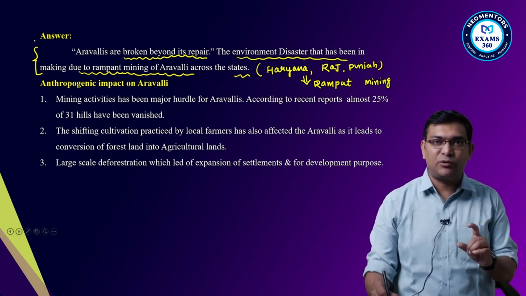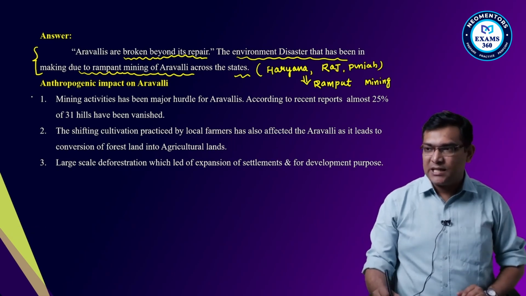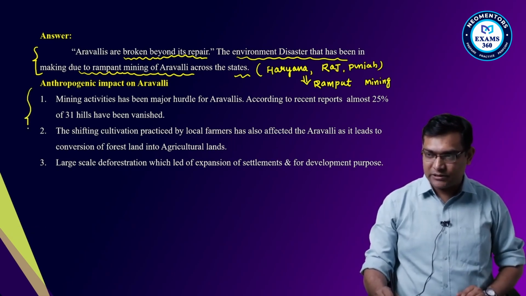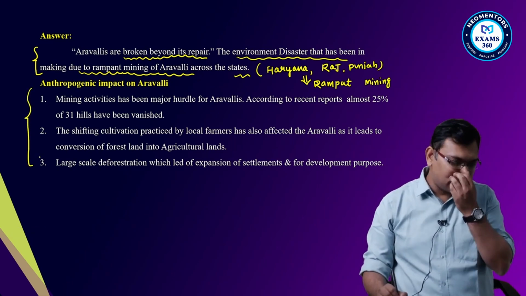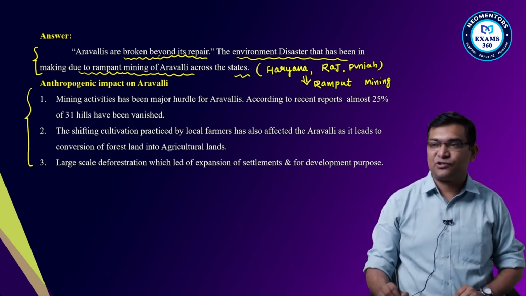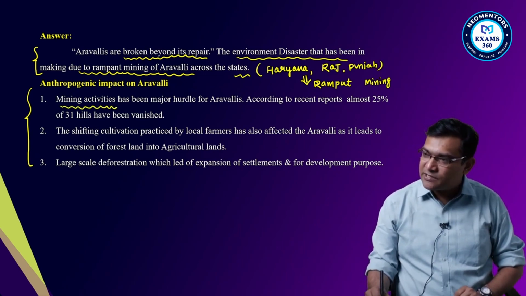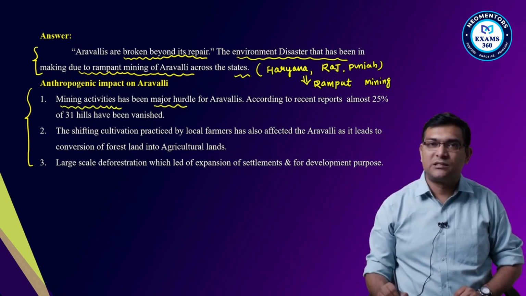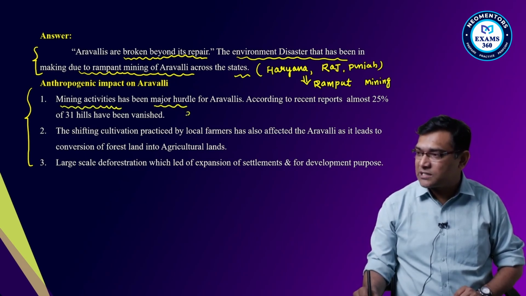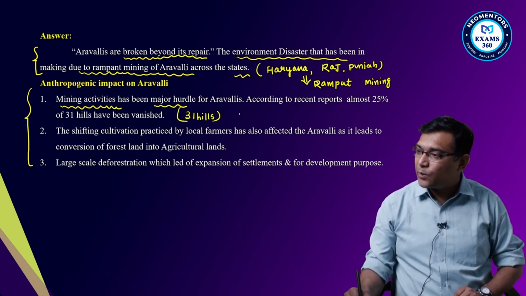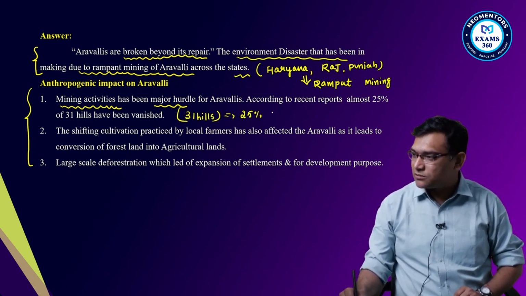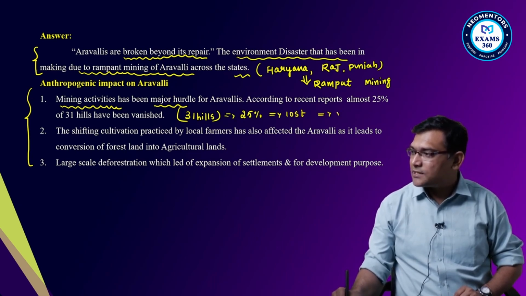So what are the anthropogenic impacts? Let us say this. Anthropogenic impacts. Okay, what are these anthropogenic impacts? So first one, mining activities have been a major hurdle. Now out of 31 hills, there are 31 hills, 25% is lost. Meaning, mining is done,